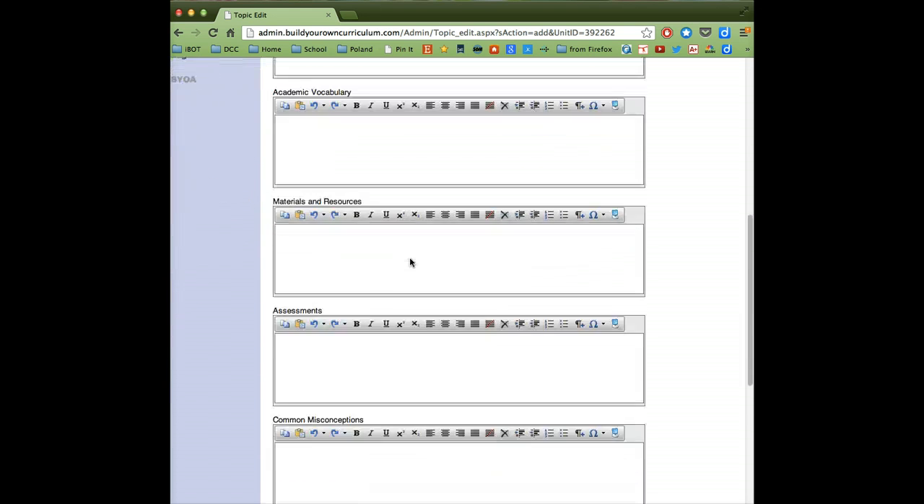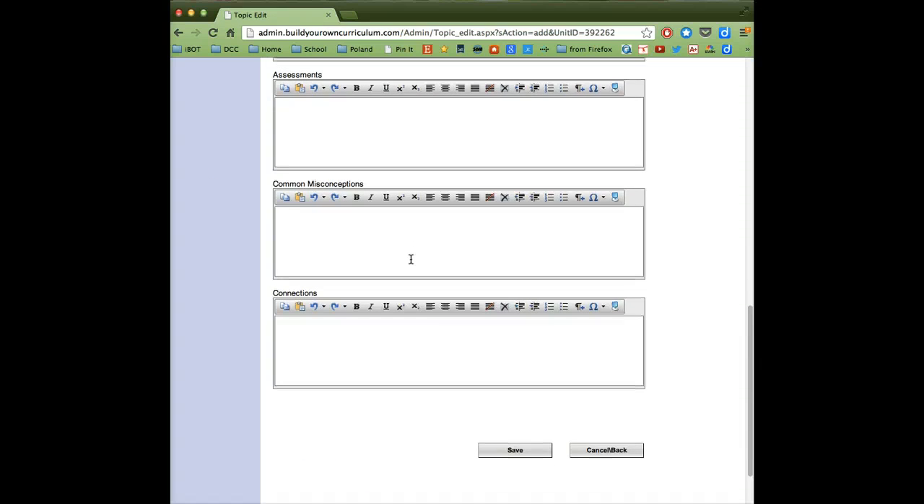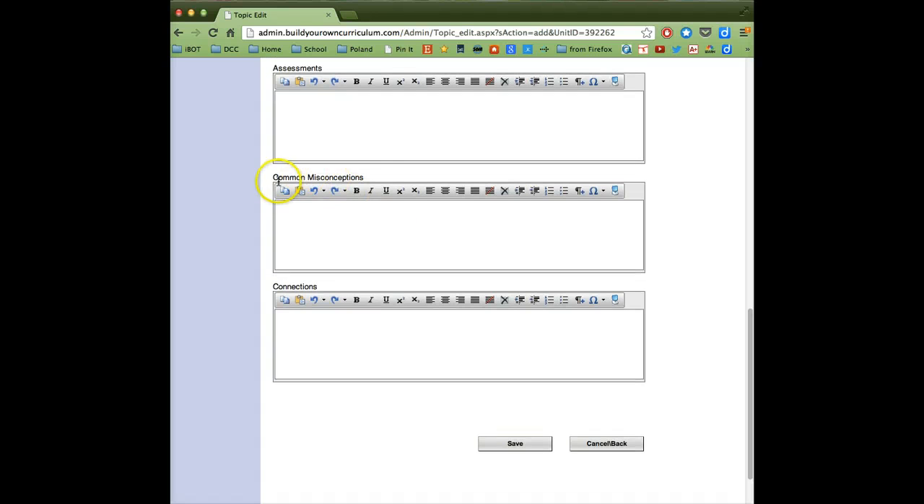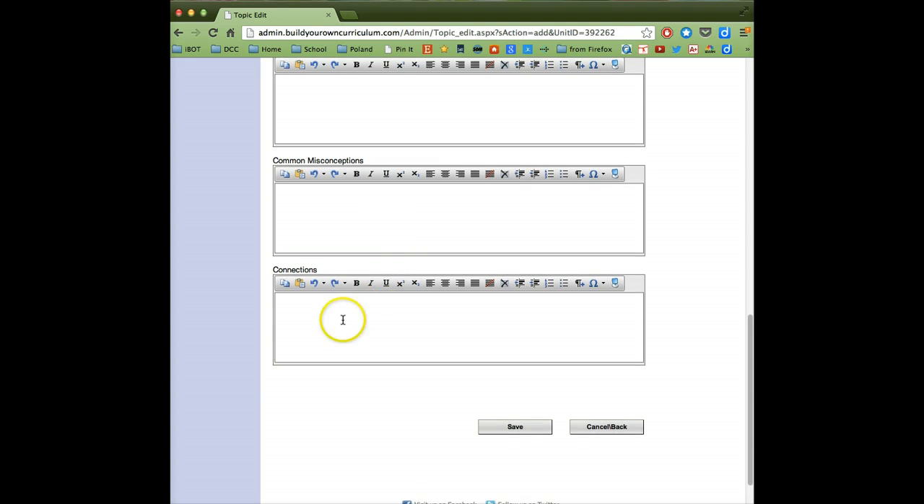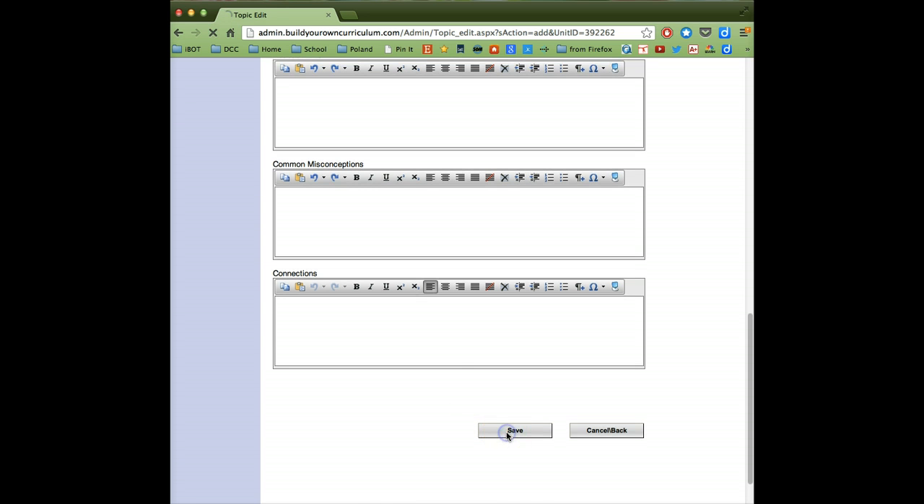We have all these other fields that I will leave blank for now. I do want to point out that I think this one is a really great one that we've included. Common misconceptions, always a good thing to think about, and also connections, especially as we have some teachers who are starting to explore some more PBL units, being able to list here some of the connections you're making with other subject areas besides English language arts that this particular course is listed under. So I'm going to save that